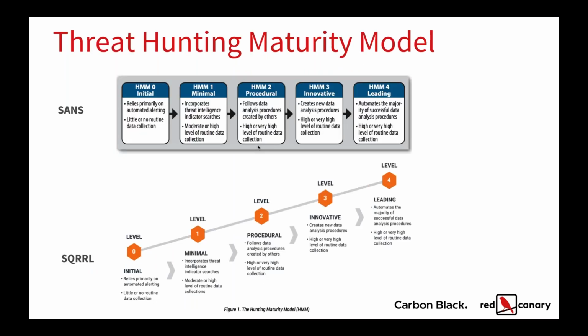All right, hopping right into the threat hunting maturity models here. You may or may not have noticed these images are exactly the same. Squirrel actually sponsored the SANS document that this was published in, but they have two different graphics and they're great. If you haven't seen this before, these are great ways to operationalize threat hunting. And most everyone is getting to a place where they are getting beyond just standard correlation rules in their organization. So if you have a SIEM or anything like that, that's going to be a part of this.